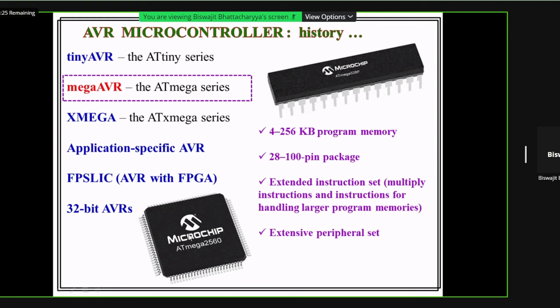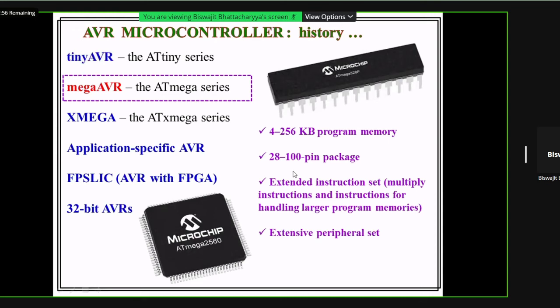The ATmega 2560 microcontroller is equipped with a large number of pins. Therefore, you'll see the conductors extended in all directions from all four sides of the microcontroller, because it has a large number of pins. How many pins? 28 pins to 100 pins. So it is a QFP package.